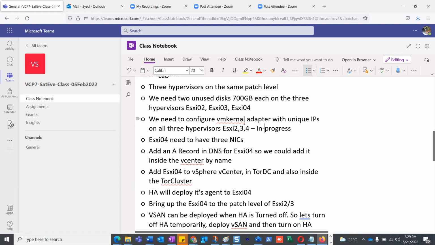Before we added fault tolerance, VM kernel adapter, before that we added it for vMotion. So now vSAN. Whichever hosts are taking part in the vSAN, I'm going to have to create the VM kernel adapter in all of them. And VM kernel adapter needs unique IPs, so we're going to go for unique IPs as well. I'm just going to go ahead and create the VM kernel adapter